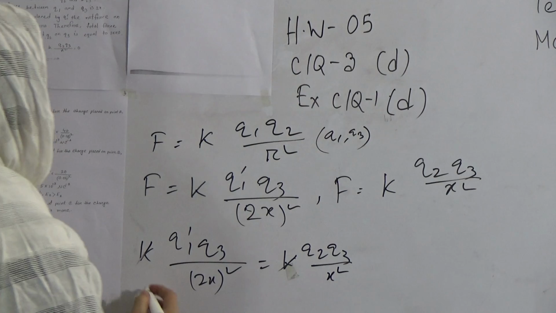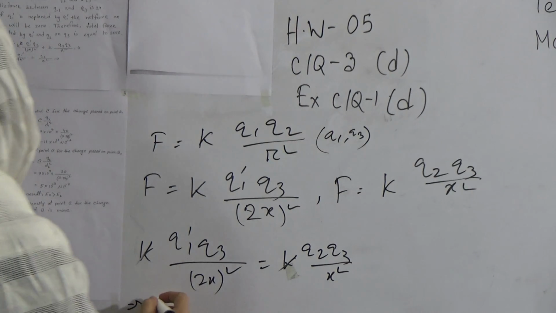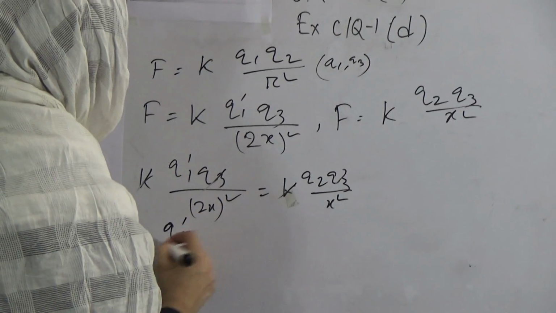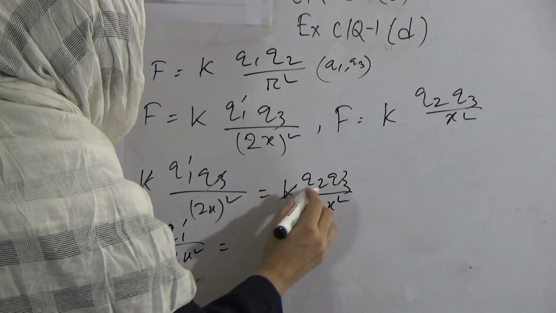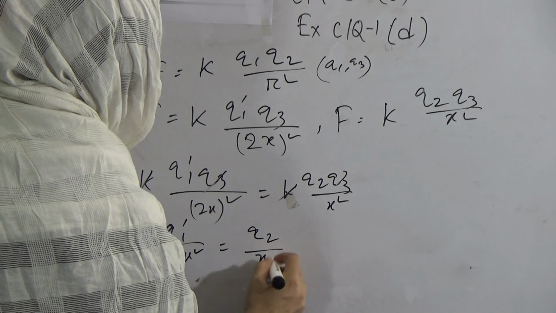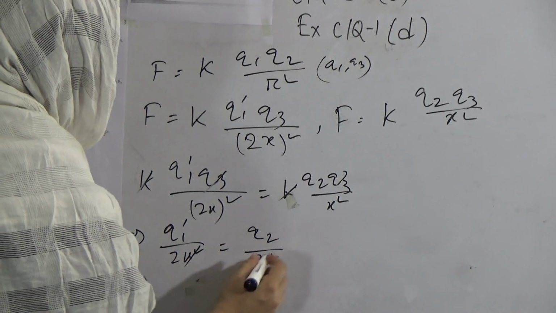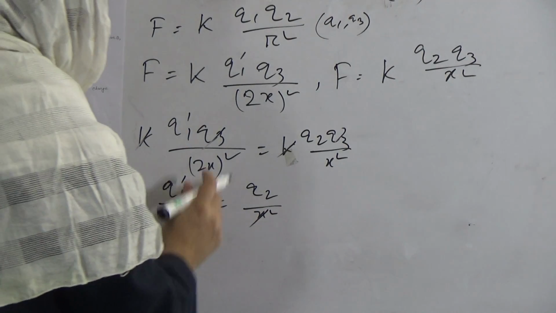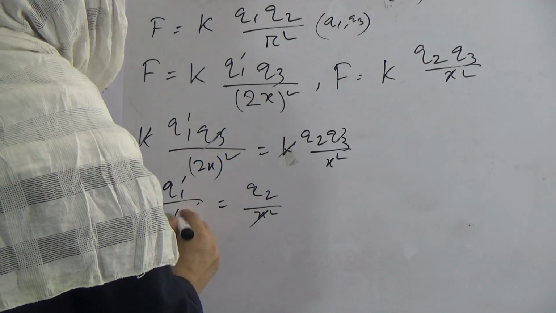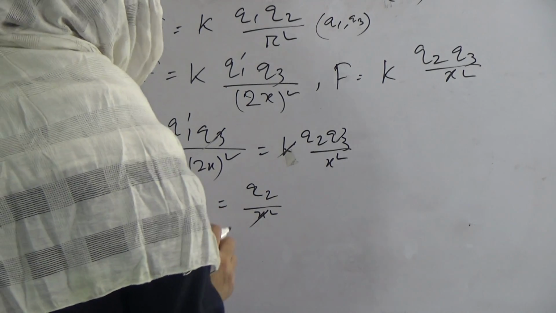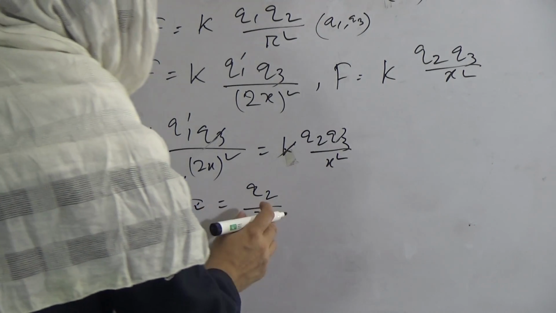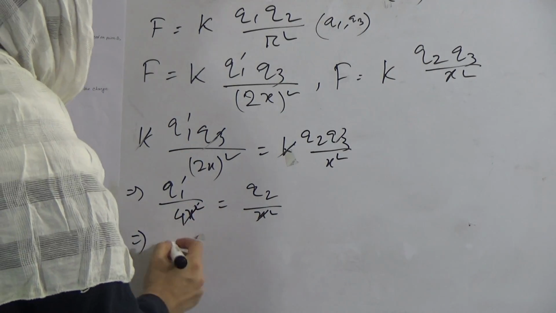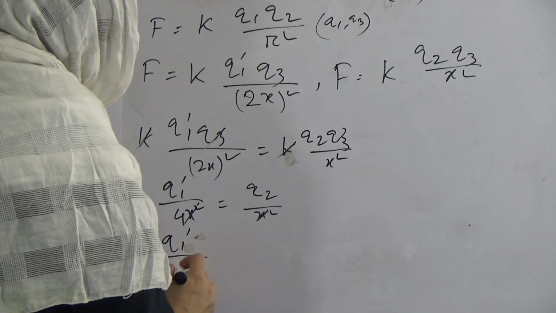So here K vanishes. Q3 also vanishes. So we can write Q1 dash divided by 2x whole square equals Q2 divided by x square. Sorry, it will be 2x whole square, that means it will be 4x square. Okay, 4x square, and now this x square and x square vanish, so Q1 dash divided by 4 equals